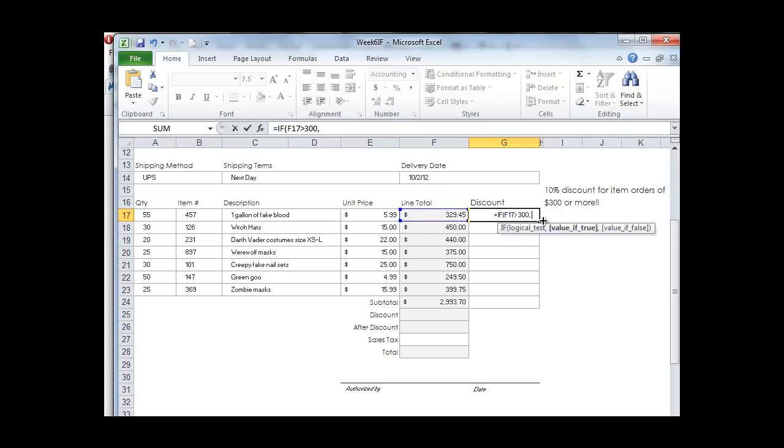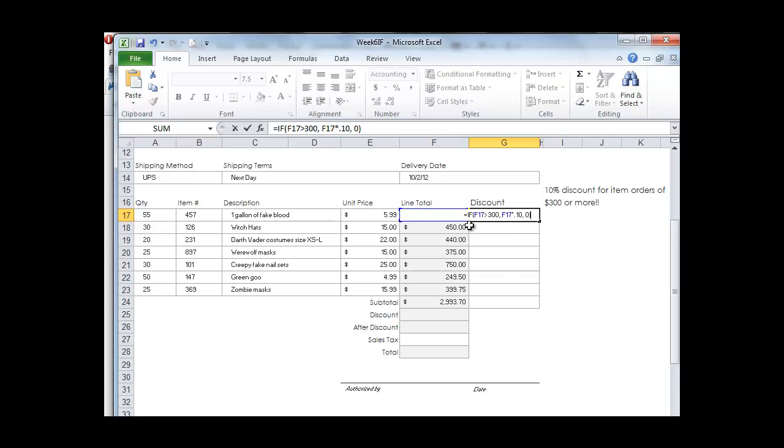So her discount is going to be F17 times 0.10. So that's her 10%. And put a comma, space. And if her line total is $300 or less, then it's going to be false, and she will receive a 0 discount. I'm going to close the parentheses,